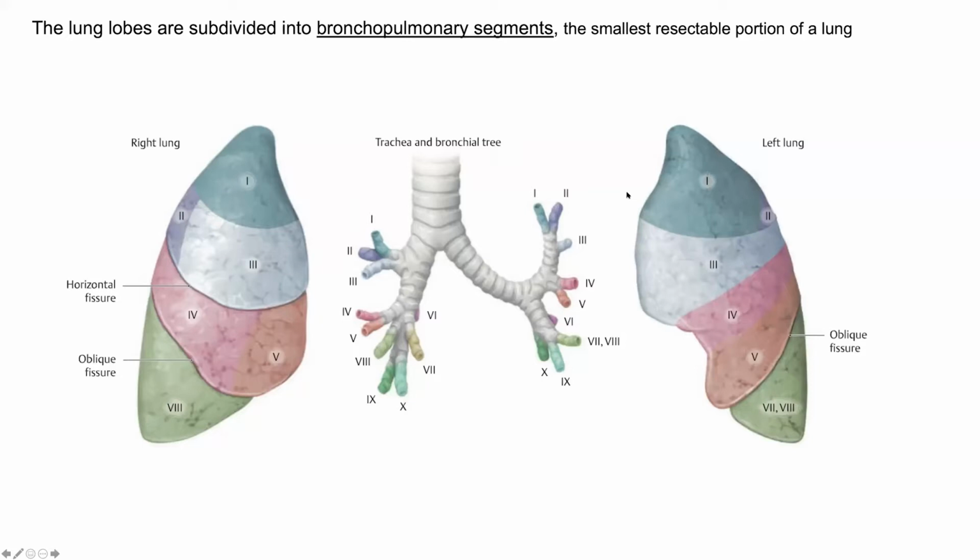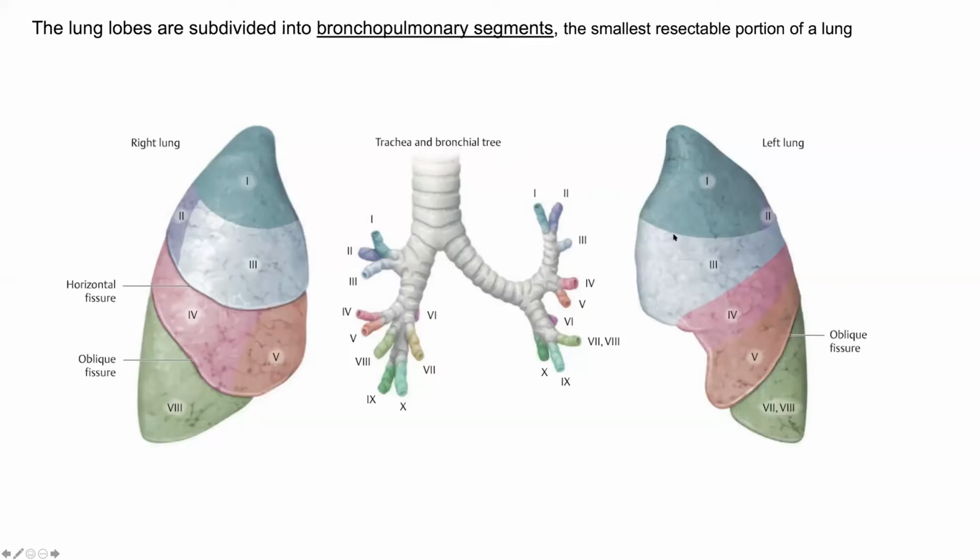Now you remember last lecture, one of your colleagues was asking about 10 and 9 and this business. I said at that moment, just wait, I'll be explaining. Now if you look at my trachea, when it divides into right and left, look at it. The right is bigger, the left is shorter and narrower, and then each has been further divided, and this has also been numbered, and this has also been numbered.